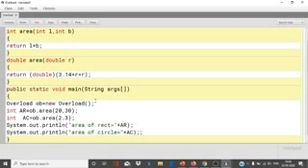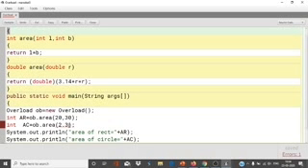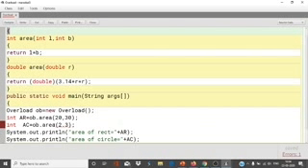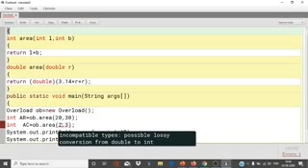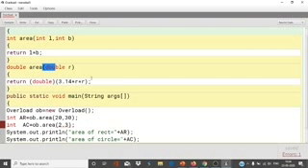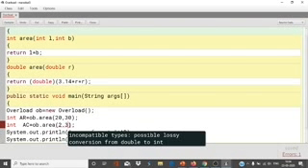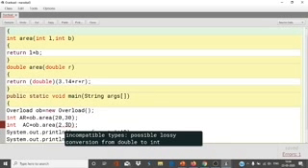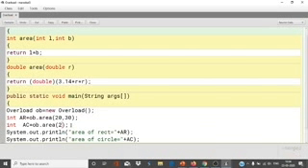So with the help of this, we can simply find the area of different shapes. Okay, ob dot area, double r, double area.